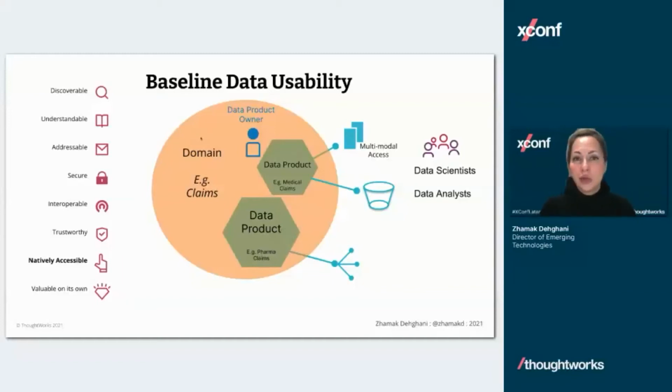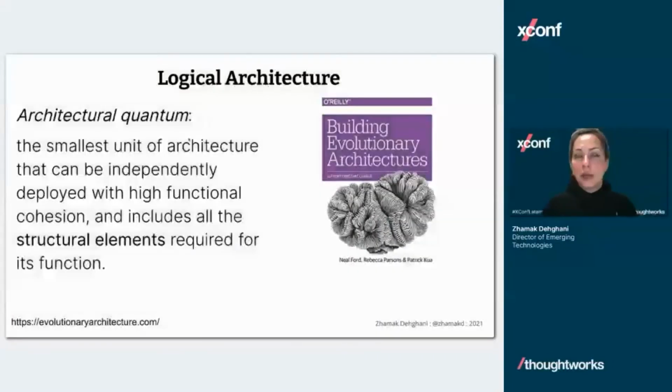It has to be secure, it must be interoperable, so there are aspects of that data, maybe some of the field types or identity types, that need to be globally defined so it's interoperable. It needs to be valuable on its own. It has to have some data that has value to somebody, otherwise we don't bother making these data products. So you might say, okay, this is a lot of responsibility. We can no longer think of data as a set of files, right? Or as a kind of dormant information on disk.